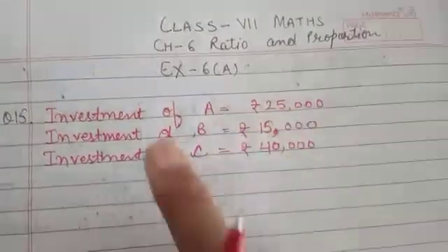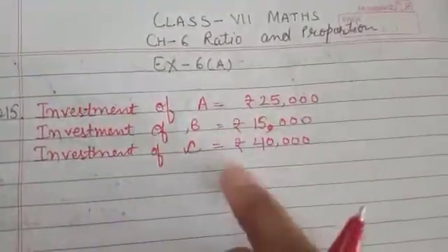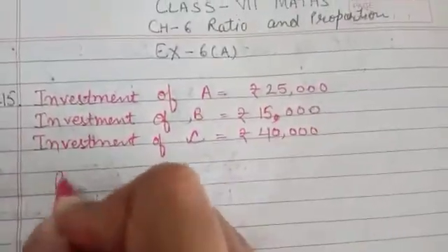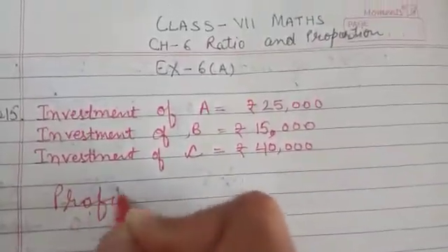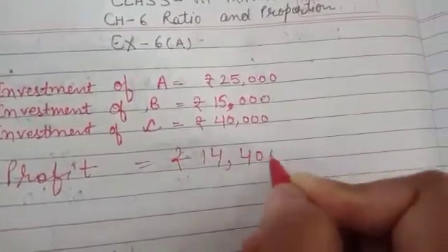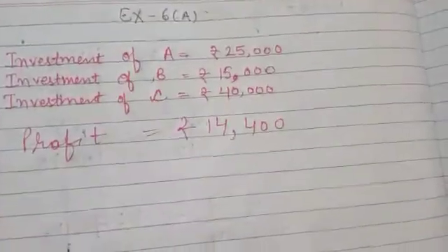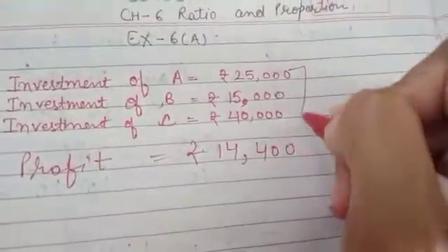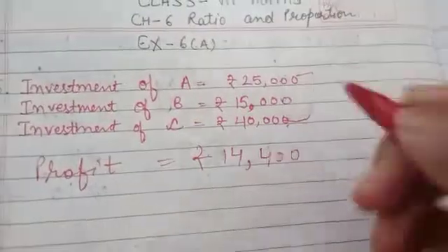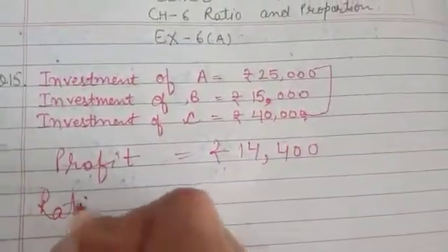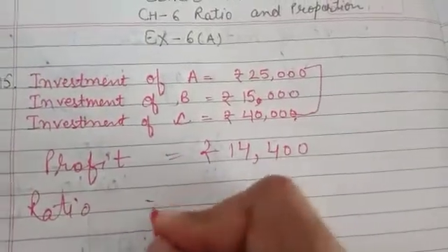Investment of A is this, investment of B is this, investment of C is this. And let's write the profit also. Profit is rupees 14,400. To find the profit of each person, we need to find the ratio first. So write them in the ratio. Ratio is equal to